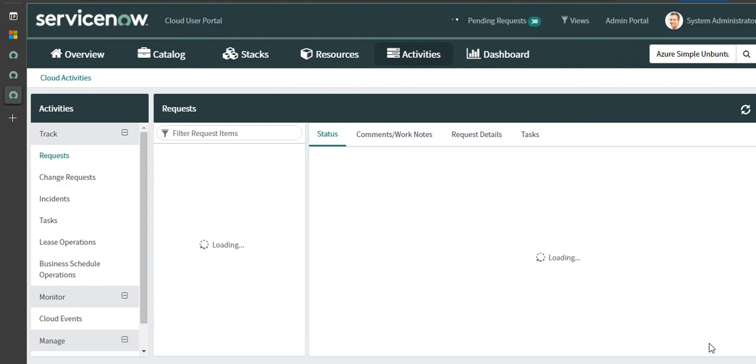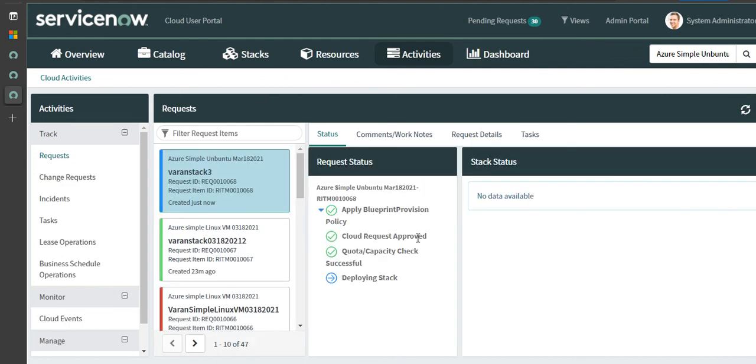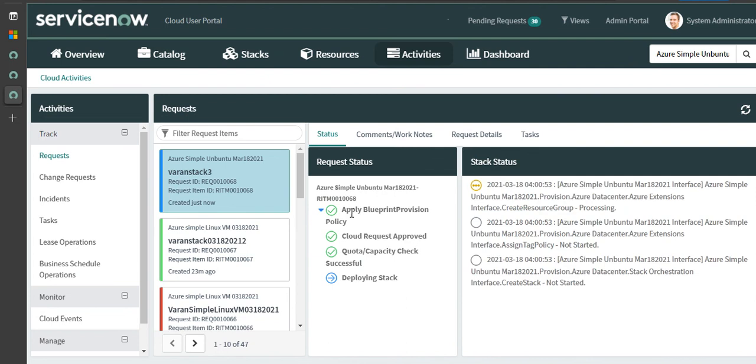So if you observe here, it will give you a status of the stages of how the provisioning is happening. So first, it will try to apply blueprint provision policy, to see if the user is allowed to provision a blueprint and so on. And then it will approve the cloud request, and then it will check for quota capacity. If the quota is not there, then it will not allow the